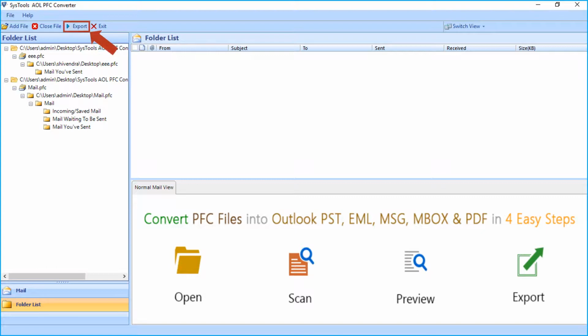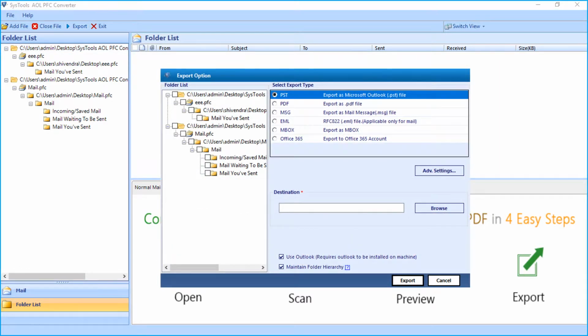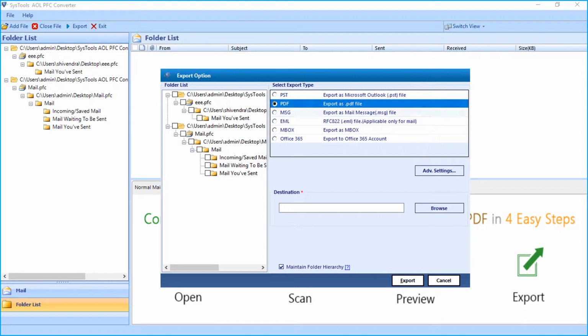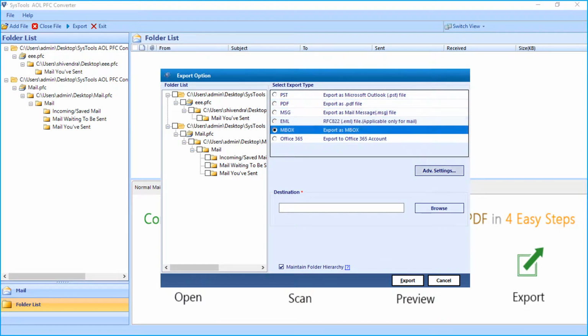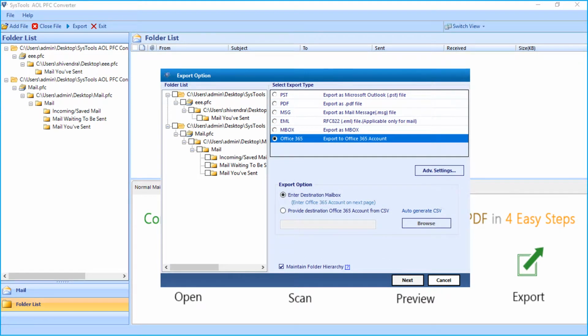Now let's check out the Export option. Click Export button from the top navigation menu. With this option, you can export single or multiple folders. Now you can see the Export option window appears with different options to export files into different file formats. Now let's check out the Office 365 option and see how to export AOL PFC file into a single or